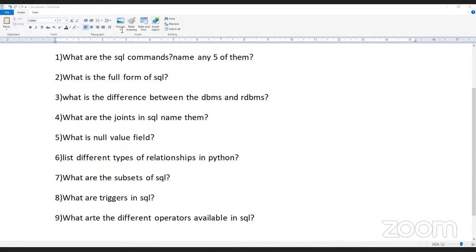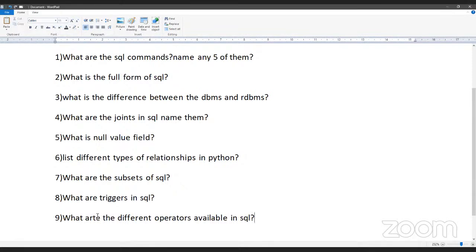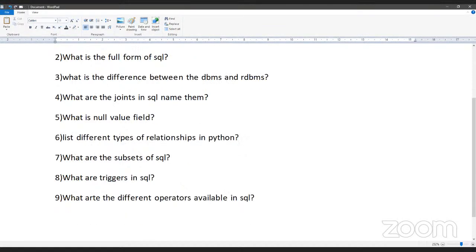So as we look into this, we have three different types of operators. There are arithmetic, logical, and comparison. So these were the three different types of operators in SQL. I think you might have an idea of what each one does. So as we jump into the next one,